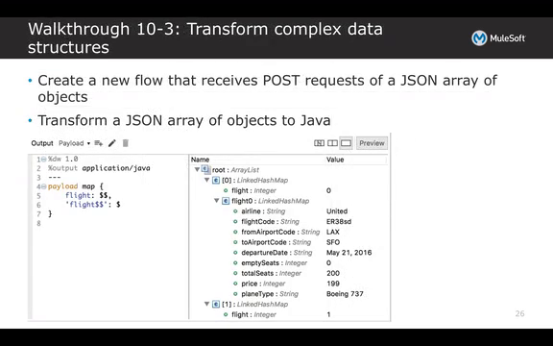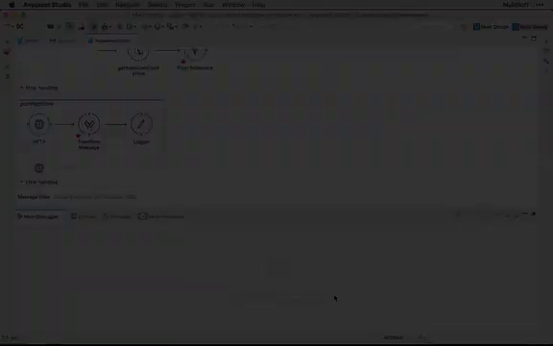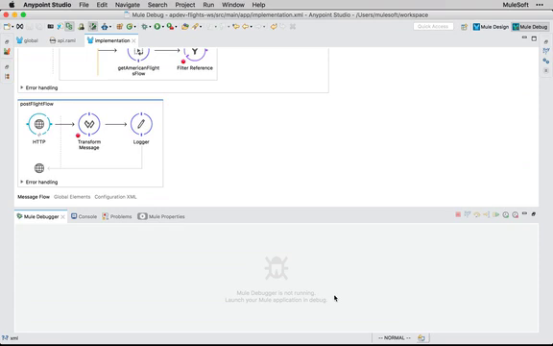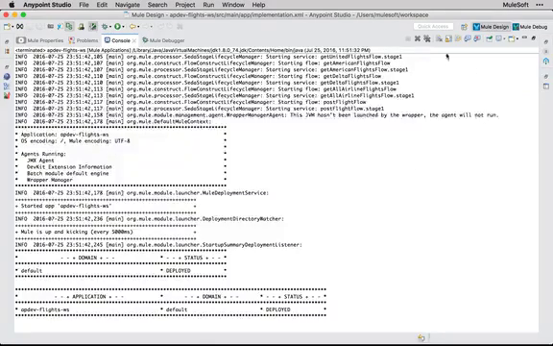Let's see if we can put some of these transformations together ourselves. In walkthrough 10.3, we'll talk more about transforming complex data structures. We'll create a new flow that receives post requests of a JSON array of objects. We'll transform a JSON array of objects to Java. Let's get started. We'll now return to the implementation XML, and inside of the Mule design view,